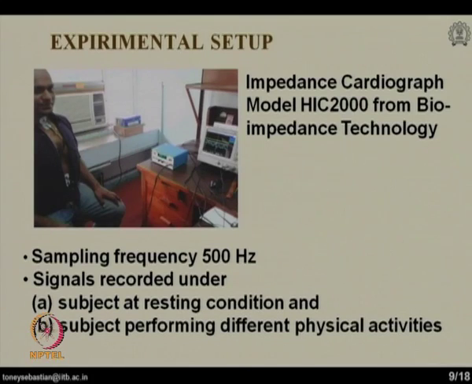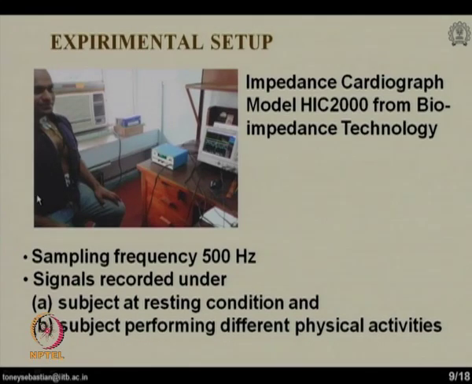This is the experimental setup of impedance cardiography. Here you can see the recording of the impedance cardiogram. Four electrodes are placed over here, 2 in the upper part and 2 in the lower part. This is the impedance cardiograph, and through the upper 2 electrodes a high frequency current of low magnitude will be injected. The lower 2 electrodes will be used for measuring the voltage,